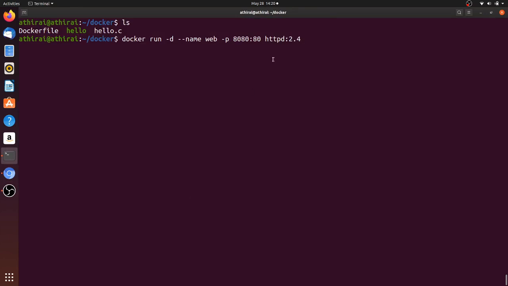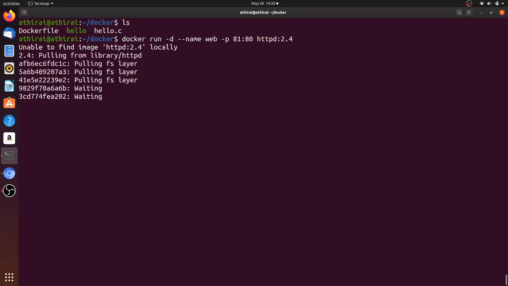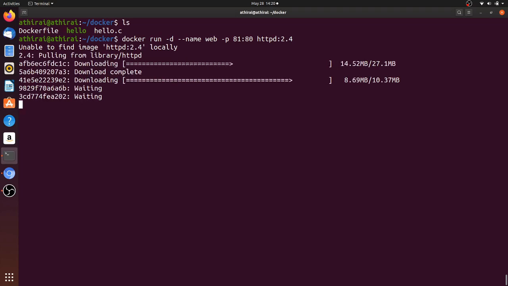So now I'm going to start a container in detached mode with the name web. I'm going to map host port 81 to port 80 in the container. Again the image is not found in my local, so it is getting pulled from the hub and it will get started in a few minutes.